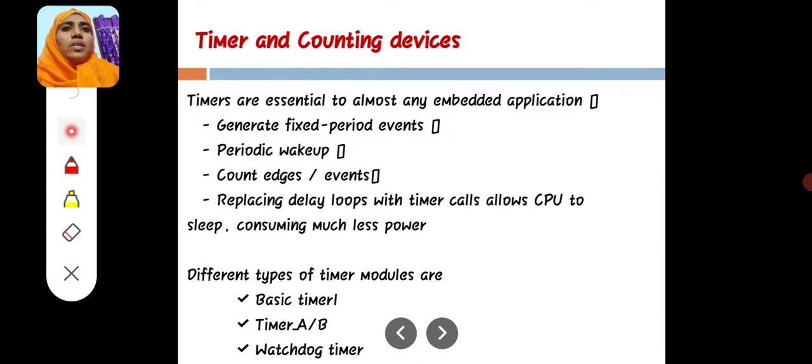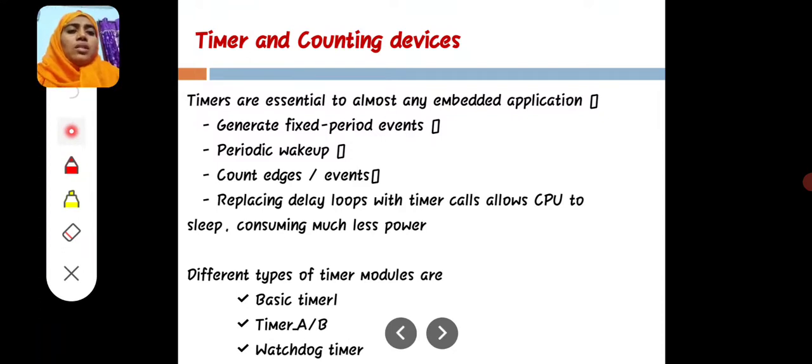Whenever any block is in sleep mode, when we want to wake up within this time period, we need a timer circuit. And when we need to count how many events or how many edges are performed, there also we need a timer circuit. So these are replacing delay loops with timers. It allows the CPU to sleep, consuming much less power.